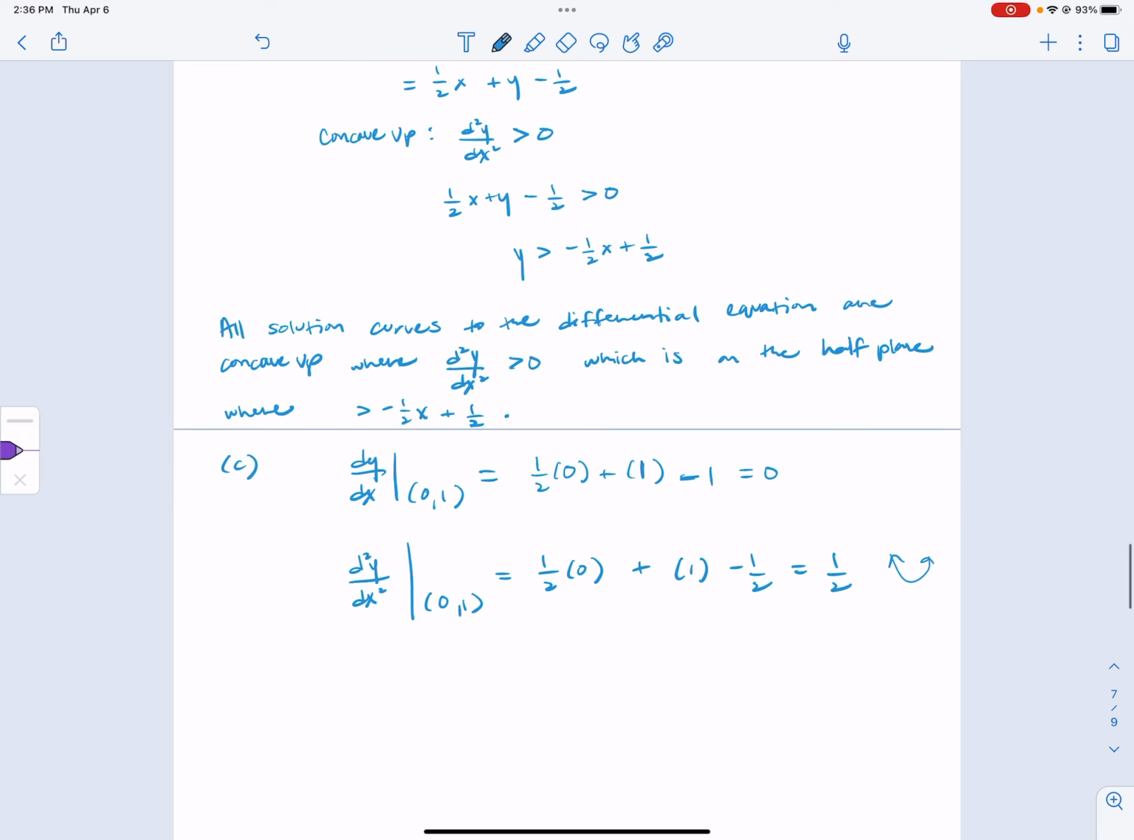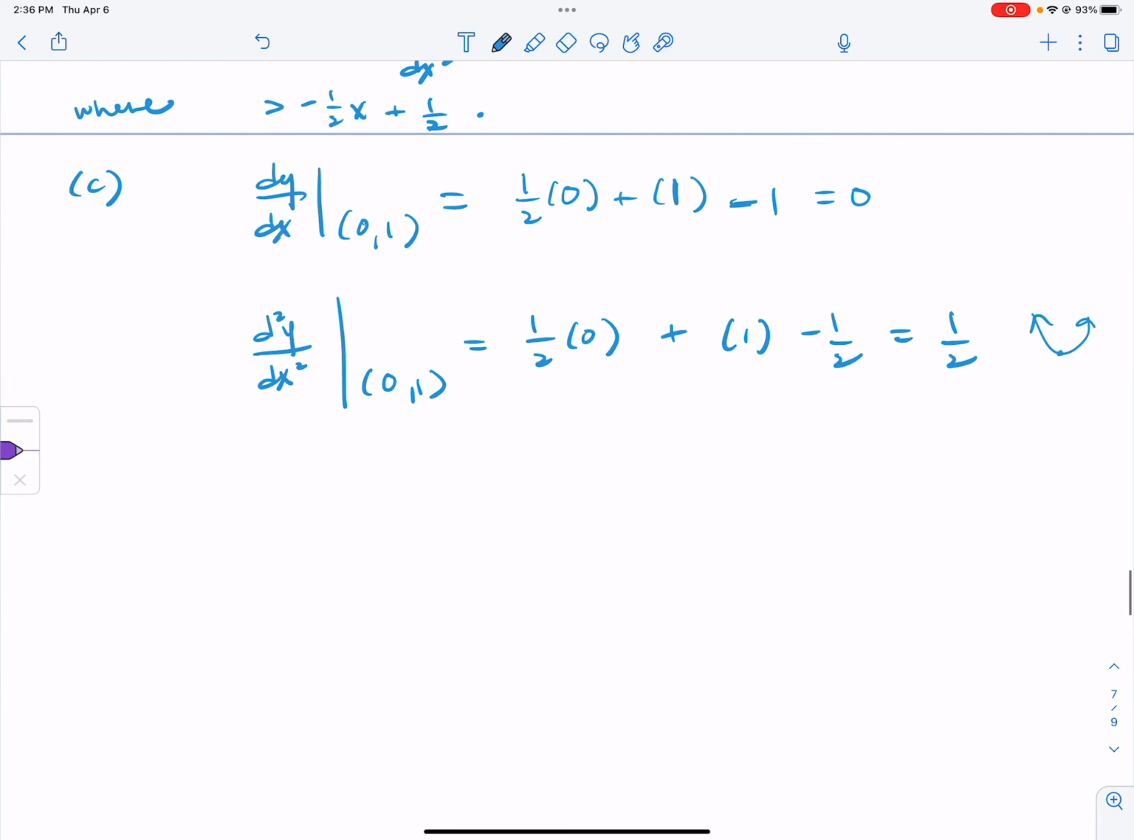F would have a relative minimum at the point 0, 1, because that critical point is on an interval where the graph would be concave up. Okay, so that's how we're going to justify. We're going to say F has a relative minimum at 0, 1 because